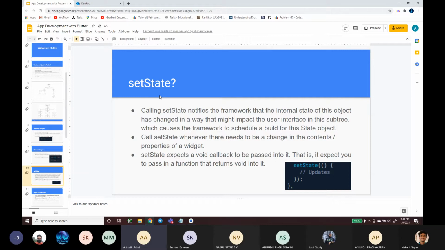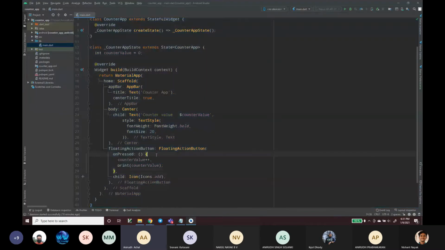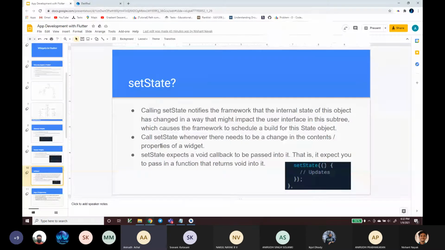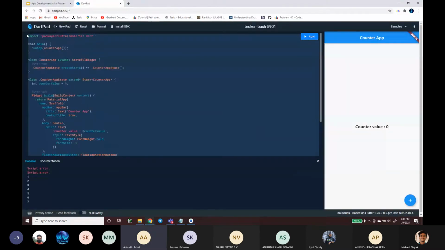setState requires us to pass in a function, which will specify what updates we want to happen during that rebuilding of the widget. So all we have to do now is add the function setState, and instead of incrementing the counter value out here, we will increment the counter value inside setState, so that every time the counter value is incremented, the entire widget is rebuilt, and so the new updated value of the counter value will be displayed on the screen. So now if you run this, you will see that